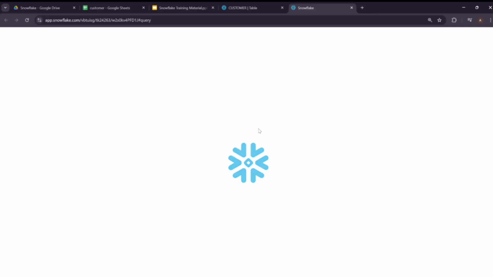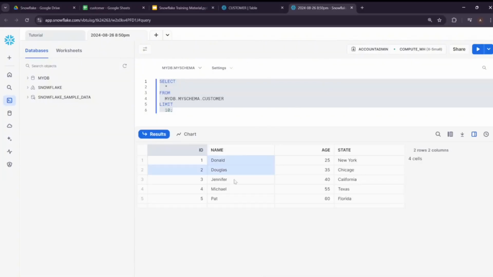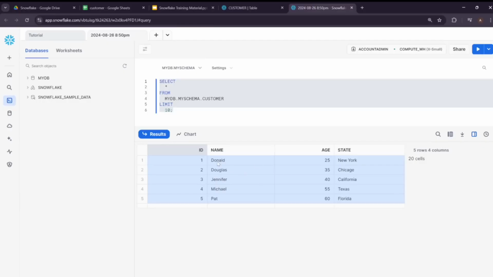Now you go back and query this data. If I query that, it will open a new worksheet and automatically write a SQL query for you. Just select that and run this statement. You should be able to see the different records which you currently have in your CSV file in your table here. So this is one way where you can create a stage through the UI, and then load that data through a stage to the table through the UI also. Now let's see how we do the same activity through